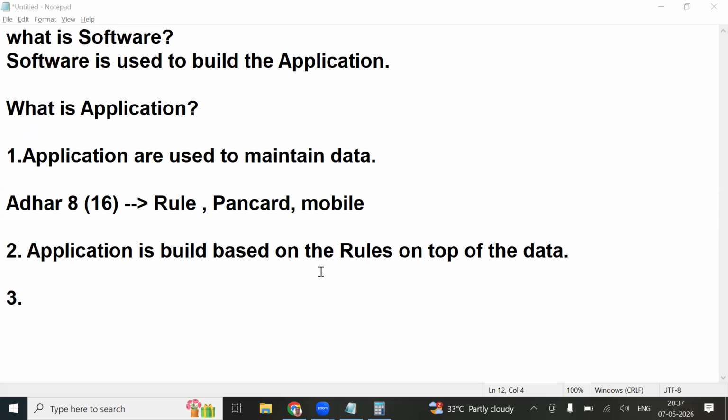Think in this way. In ChatGPT, you want to get information. Is that information stored on the internet or somewhere outside, in their own database? Whatever it may be, wherever it is coming from, it is stored somewhere, right? So ChatGPT is also an application, with a UI for interaction. To build any application, data is mandatory.